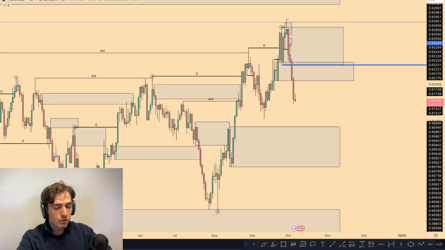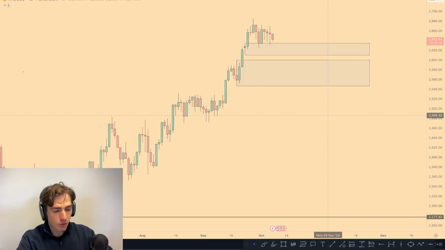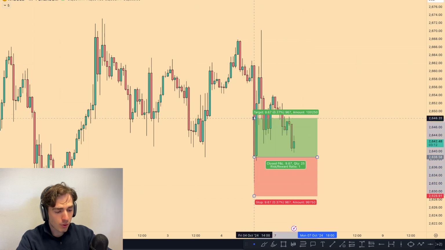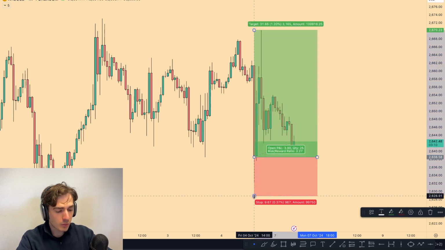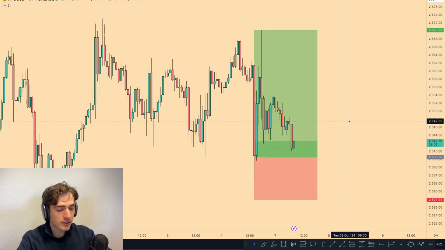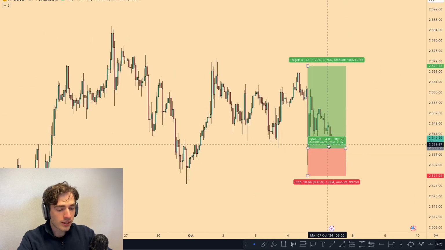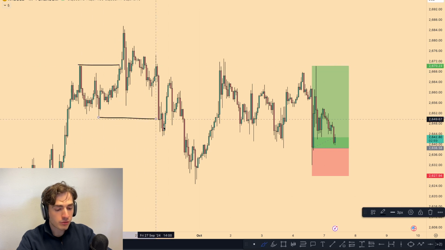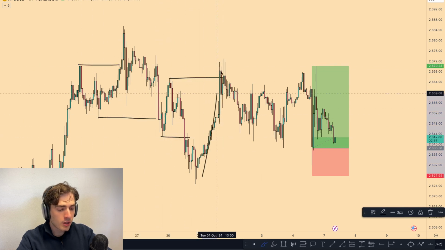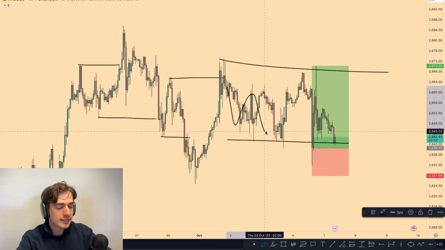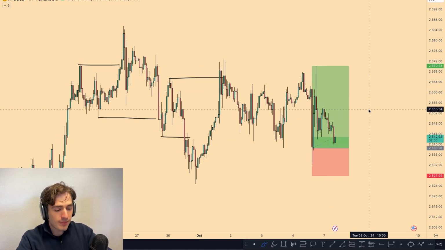Going in towards gold, so we took a beautiful long last week on Friday. The long was taken underneath this liquidity low over here for around a 1 to 3 risk to reward. It actually made us pass another phase 2 of a funded account. So yeah, beautiful long over there. Overall, very simple setup, to be honest. Just break of structure down, break of structure down, break of structure up, bullish. So we were interested in longs. For now, you can see it's been consolidating very heavily. Therefore, am I interested in gold?